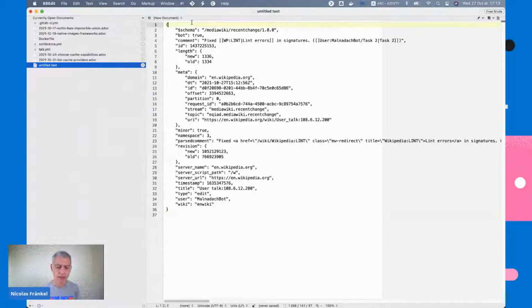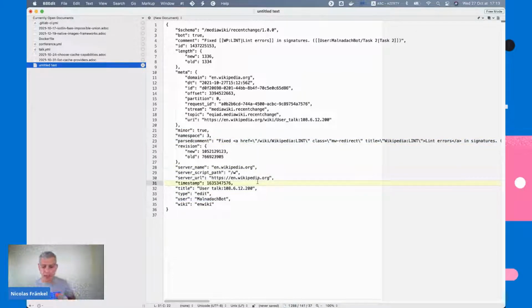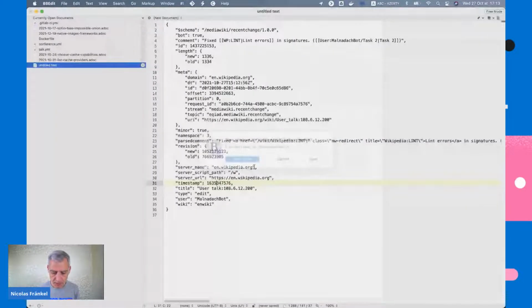And here I can read some data already. So we can see, for example, that it's from a bot. We've got some comments. We've got the domain URI. We've got another comment, and so on and so forth. And we've got the user here. So if I do that repeatedly, I need to copy paste it, to format it, to make sense of the data. And again, if I have thousands or 10,000 of them, I won't be able to explore anything. So the first thing that I want to do is put the data into Elasticsearch.